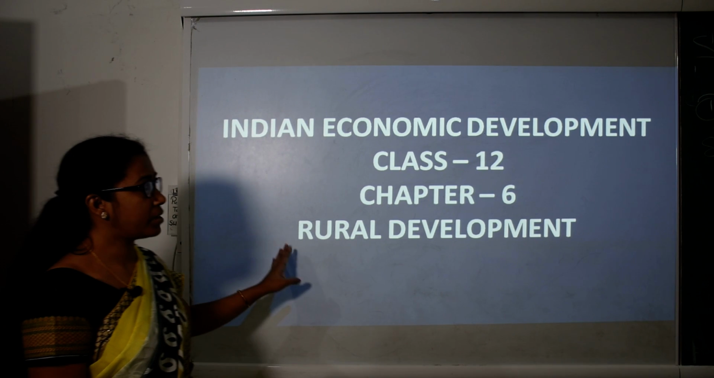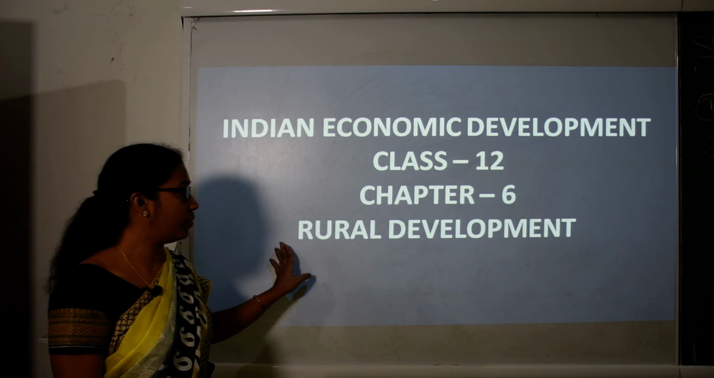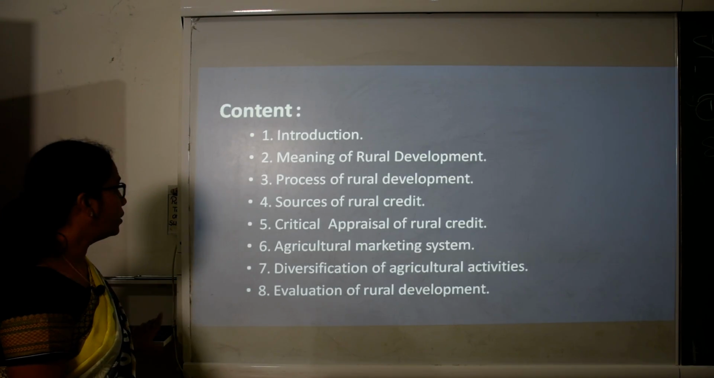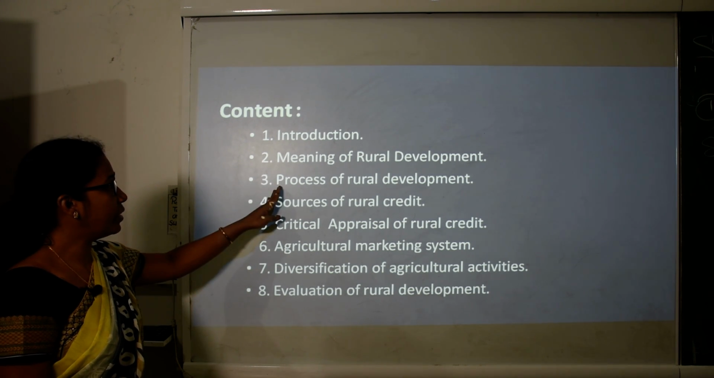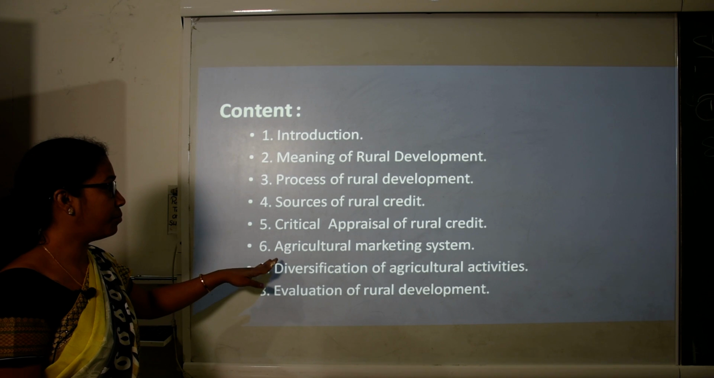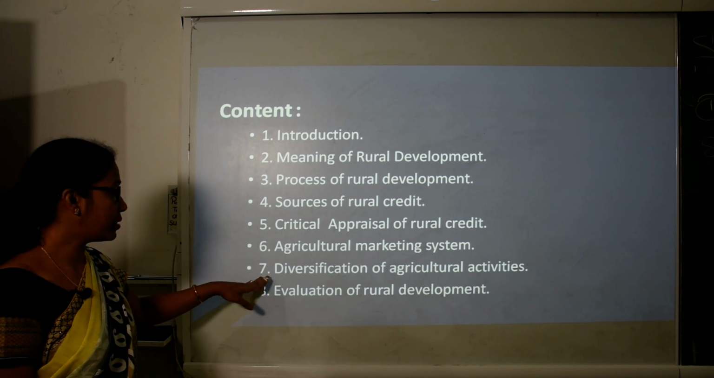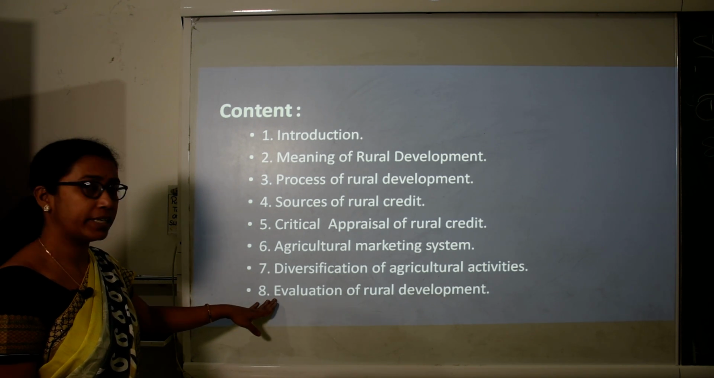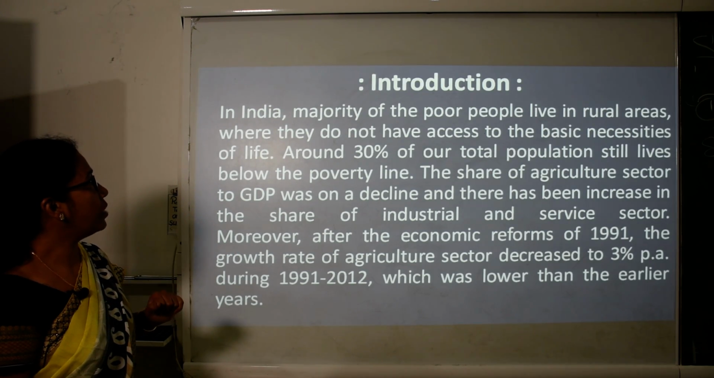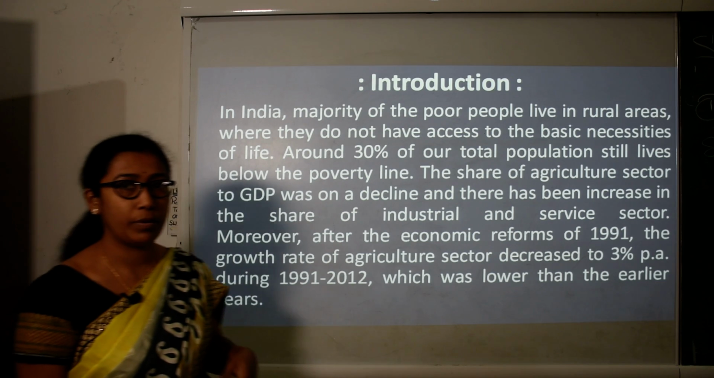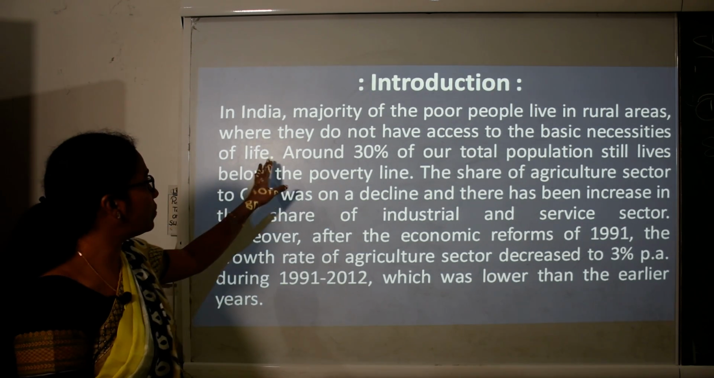So today we will start with chapter 6 of Indian economic development, that is rural development, and these are the contents which we are going to finish today. Meaning of rural development, its process, sources, critical appraisal, agricultural marketing system, diversification of agricultural activities and evaluation of rural development. Not wasting time, now in India majority of poor people live in rural areas where they do not